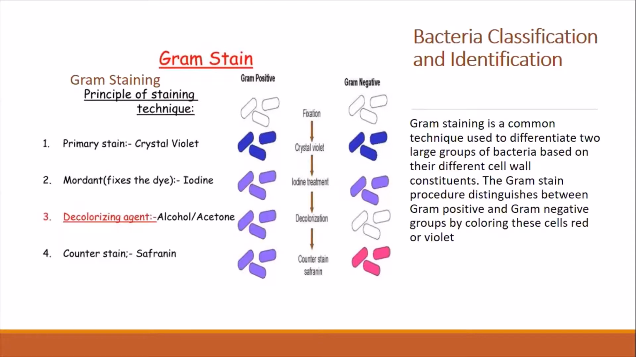Then we wash it with a mordant, or the iodine. This helps to fix the dye in place towards the cell. And then we use a decolorizing agent, or an alcohol, and this washes out the dye, the crystal violet, and then the counterstain, which is the safranin. So what happens is that gram negative and gram positive actually have something which is called, okay, so